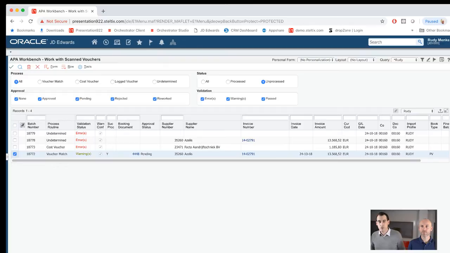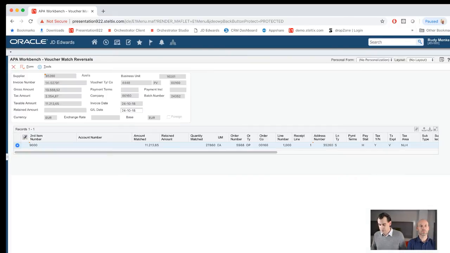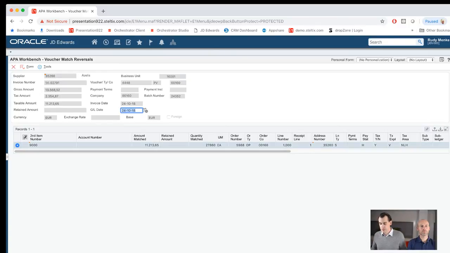So you see that several columns are filled with information. In the middle you see successfully processed with a yes, which means this has been sent through to your sub-administration. You see a booking document which represents your voucher match in this case. I will click on it, and then you will see that you come in your voucher match screen. You will see all the header information, you see the purchase order information. All the information is available there, and you can see if that's correct and else take action.